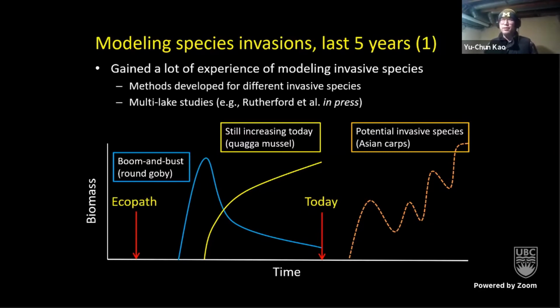So you really need to narrow down the range. At a global scale, if you want a list of potential invaders, people usually start with habitat and niche overlaps, which can help narrow down to 30 or 50 species. But using an Ecopath with Ecosim model to evaluate invasion potential for 30 or 50 species is just not very feasible, in my opinion. For a few very important species, I think it's doable, and we have done that.